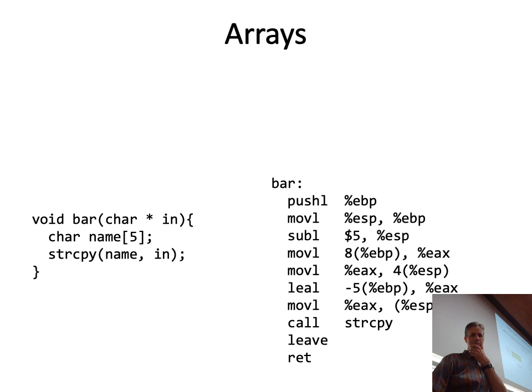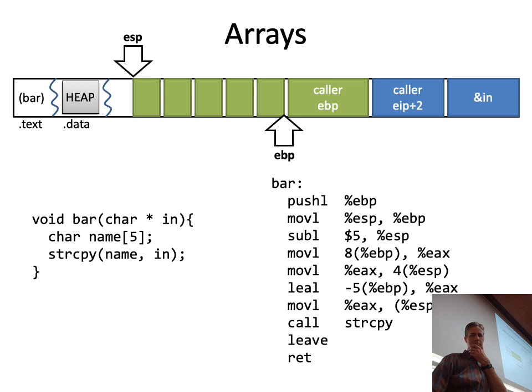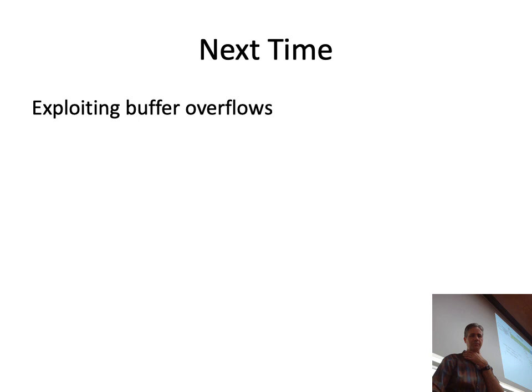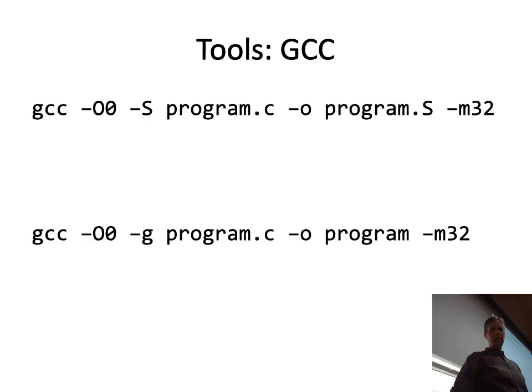What this means is that in memory, we just have a sequence of 5 bytes right on our stack frame for this handy name array. It would be a shame if, for example, you put in a string that had 6 letters instead of 5. You can imagine what might happen: if we write off the end of these 5 bytes, we're going to overwrite the caller's EBP, which means we're going to corrupt the caller's stack frame, and interesting things will ensue. So here is what it looks like encoded in memory. Okay, so that is an overview, and next time we will look at how to exploit buffer overflows. So what I'm going to do now